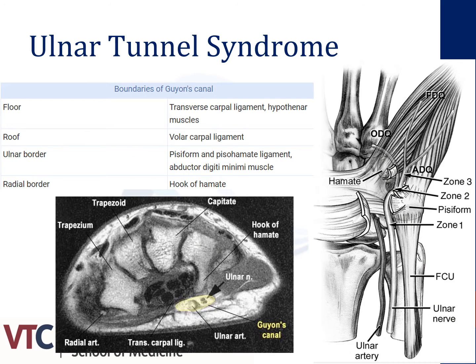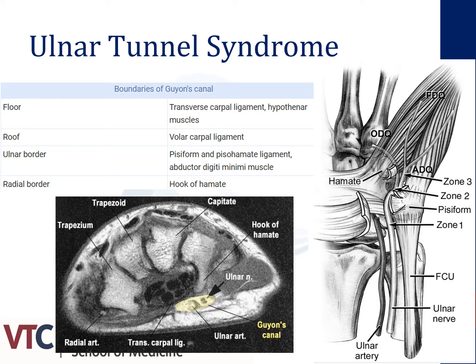The less common compressive neuropathy we will address associated with the ulnar nerve is ulnar tunnel syndrome, which is compression of the ulnar nerve in Guyon's canal. Guyon's canal is approximately 4 centimeters long. It begins at the proximal extent of the transverse carpal ligament and ends at the aponeurotic arch of the hypothenar